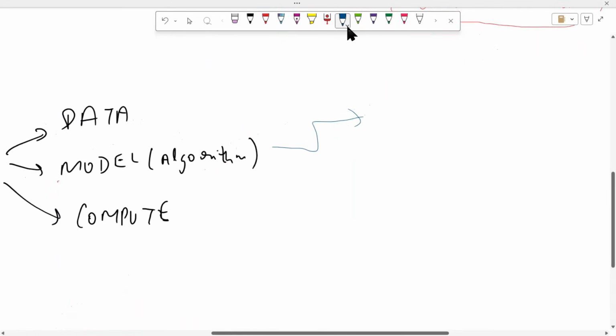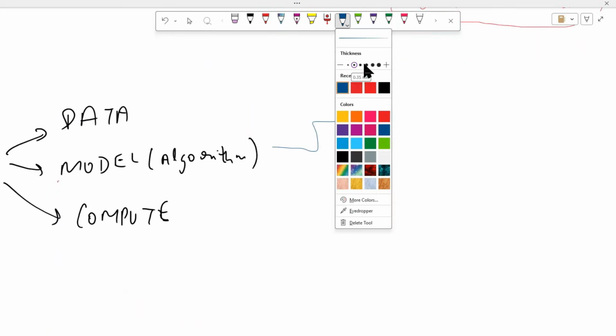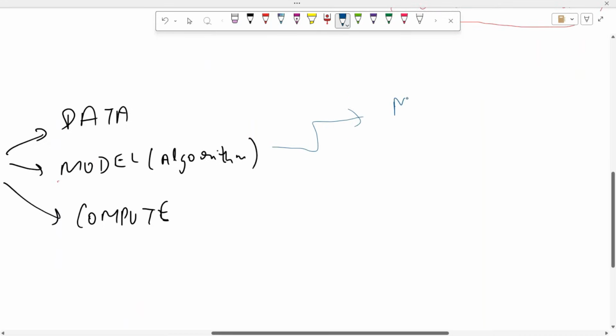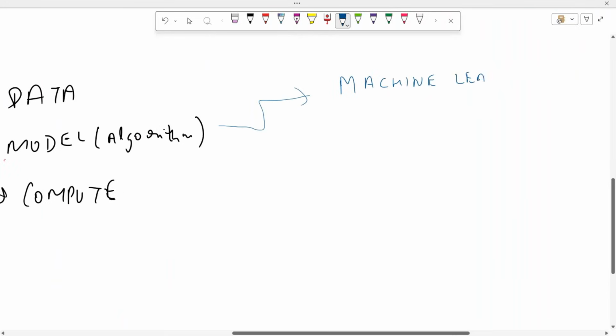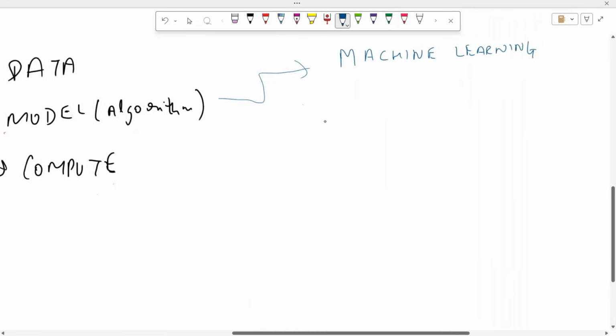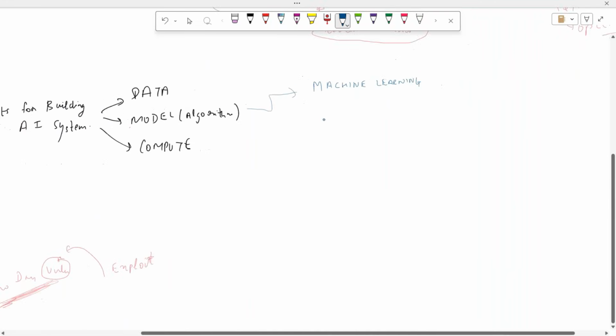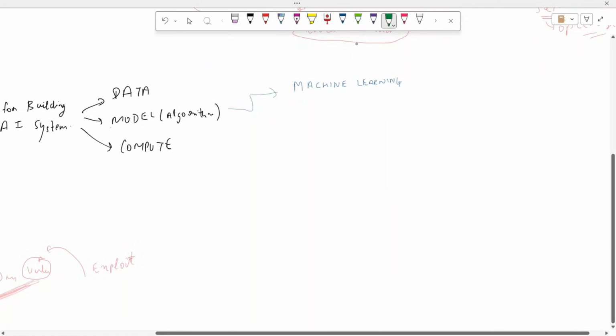So you can have machine learning algorithms. Okay, you can have deep learning algorithms,